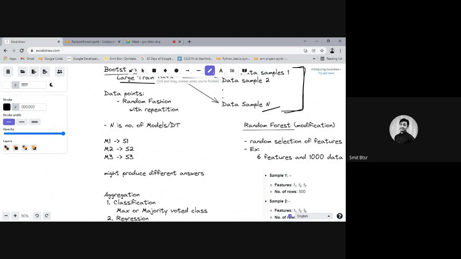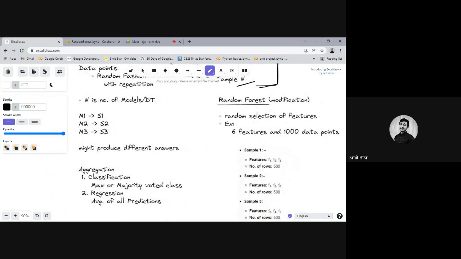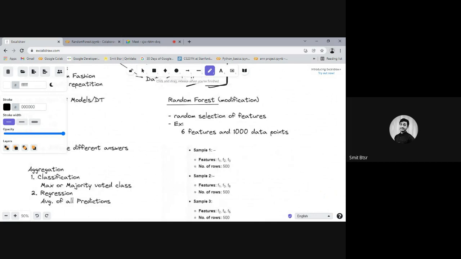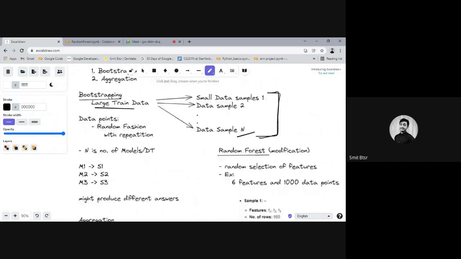One more thing to consider while understanding the concept is that I just mentioned that we only divide the training data into different small data samples, right? But what happens in bootstrapping is that we segregate the data, but these models are the same.